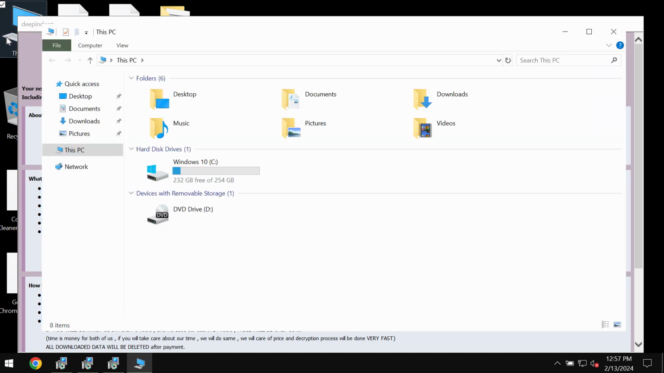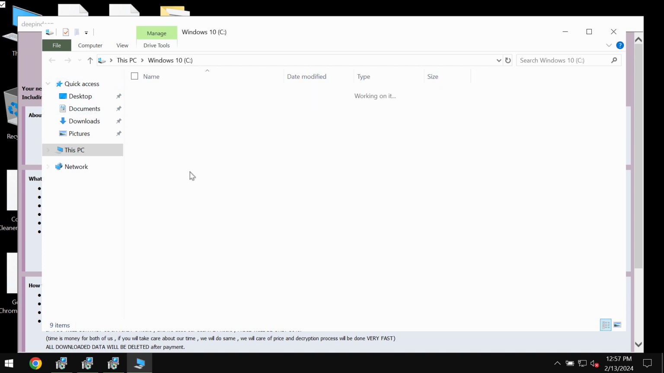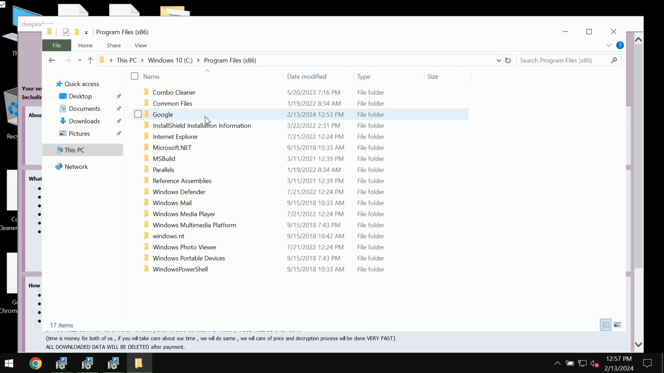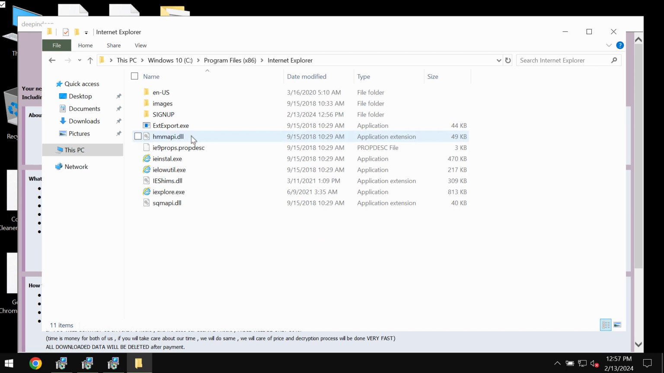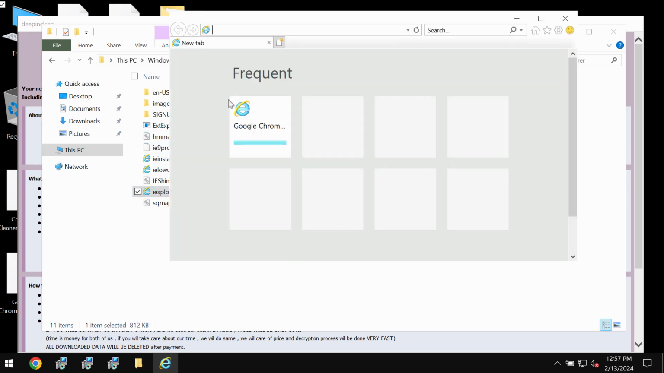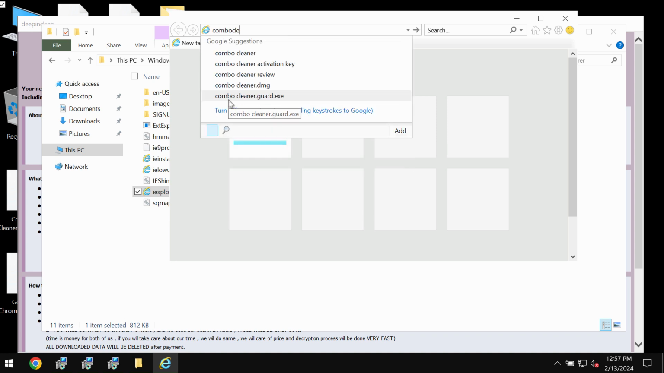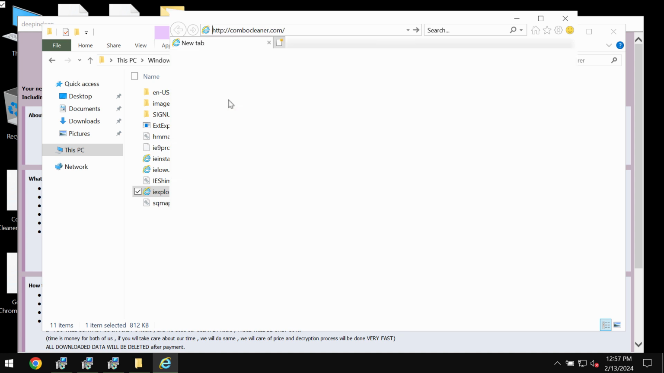What I recommend you to urgently do is to remove this ransomware with the help of reliable antivirus software. And I recommend you to use Combo Cleaner Antivirus for this purpose. Get it on the page